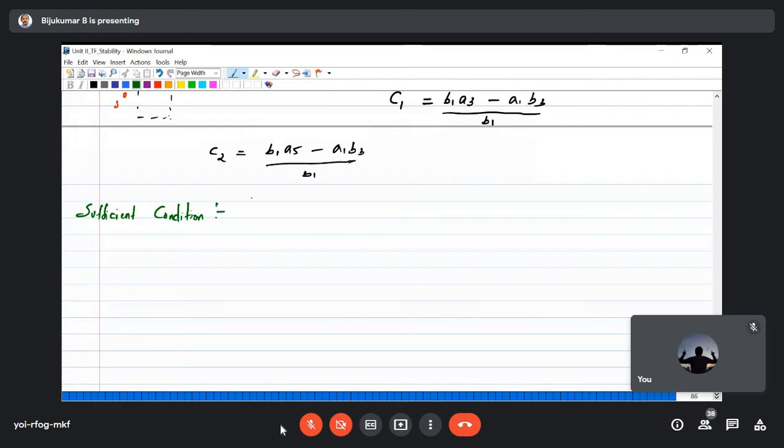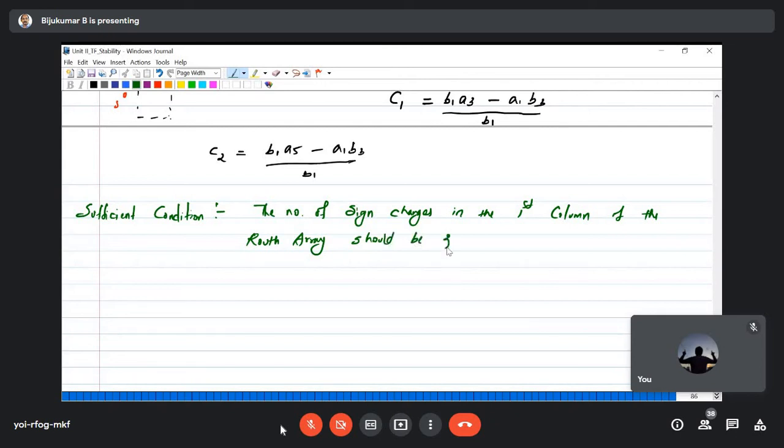You construct the Routh array, and the sufficient condition is the number of sign changes in the first column of the Routh array. First column of the Routh array should be 0. Right? So the one important observation is